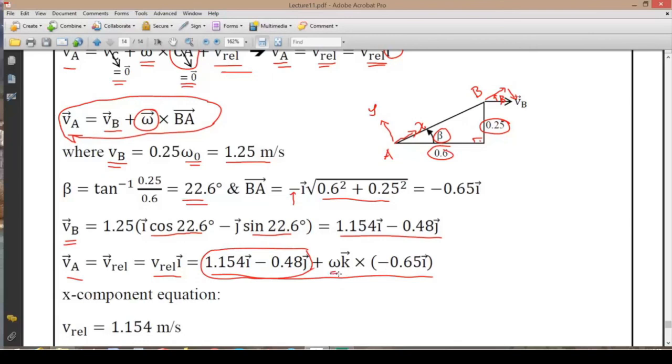Omega again is something we don't know. But when we take a look at this equation, this V relative is in the I direction. Let's do the calculation here. K cross product I is J. So omega appears in the J equation. That means from this vector equation, we get two scalar equations in X and Y axes. From the X-axis equation, we will be able to solve the V relative. From the Y-axis equation, we will be able to solve omega. We need both of